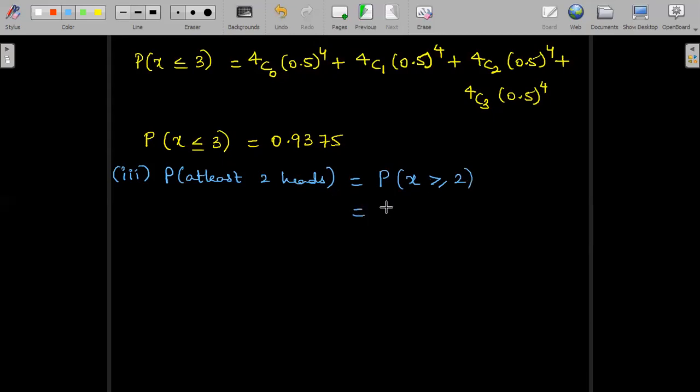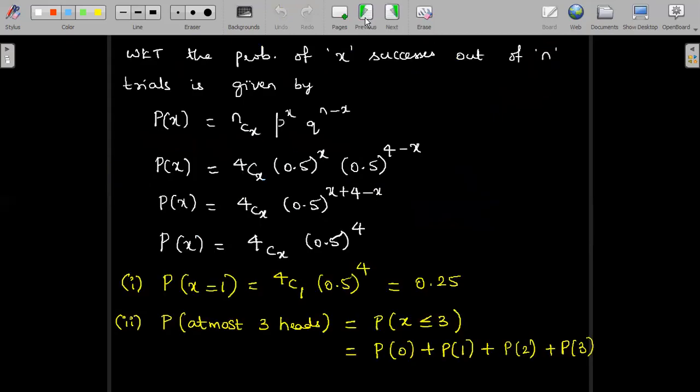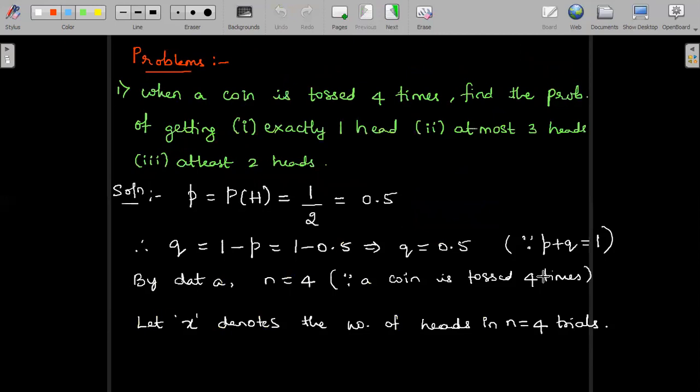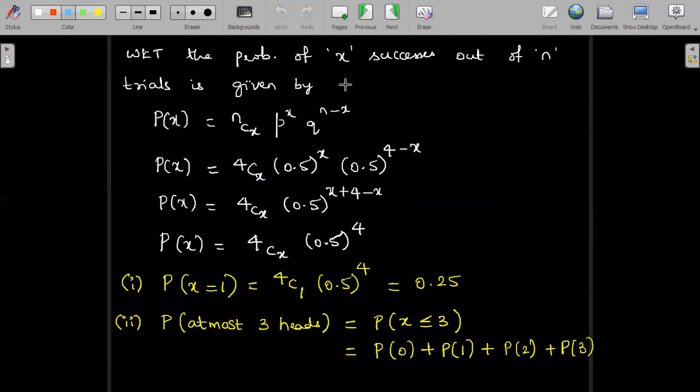So what are the possibilities? It can be probability of x is equal to 2, inclusive of 2 I have to write down, and P of 3 and P of 4. So why are we stopping at P of 4 only? We have maximum x can take up to n. So remember, whenever we write down a formula for binomial expansion, remember the value of x here. x can always take values from 0, 1, 2, 3, etc. up to n. And here in this problem, n is equal to 4. So x can take 0, 1, 2, 3, 4. These are the only possibilities.